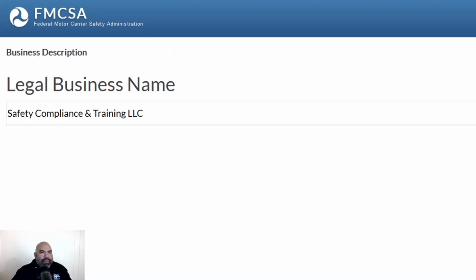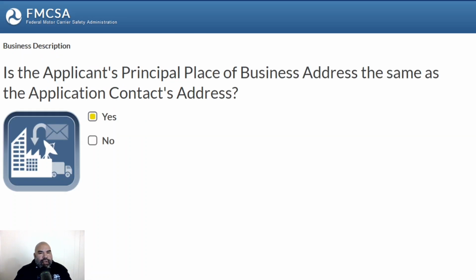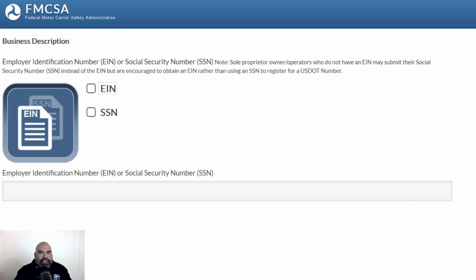So first, it's gonna be my company name. You'll put your company's name in there. Make sure that your business address is the same as your contact address. For me, I'm gonna say yes. Again, this is where I recommend y'all only have one business address that also matches your contact, which makes it easier to obtain